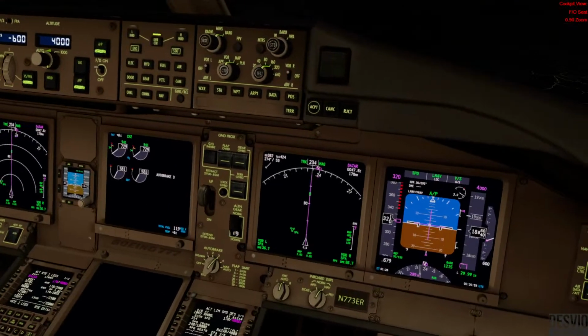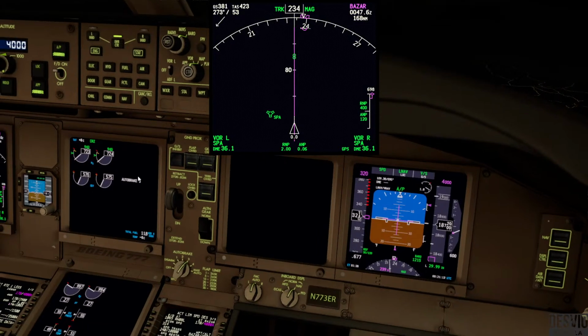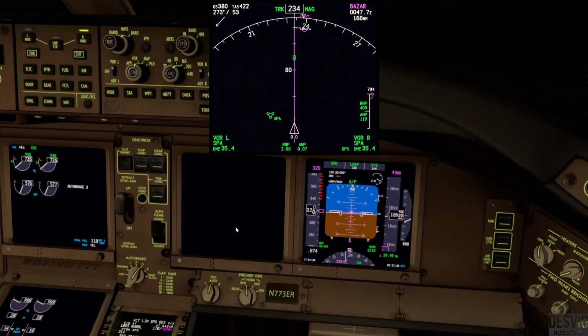Okay, let's review all the systems very shortly. So I'm going to set the right side here so we can see why this is not working. Recall, it was supposed to be working. Oh, because this is a navigation display. Okay, MFD, right? Okay, so now we have, okay guys, what happened is we have here